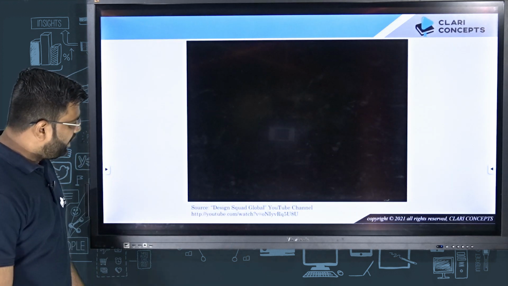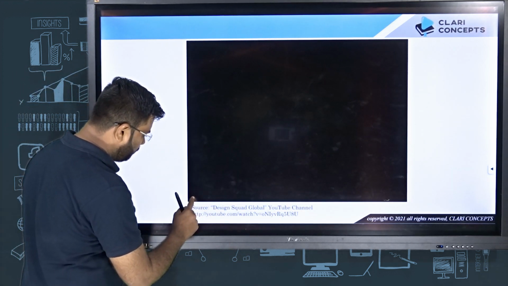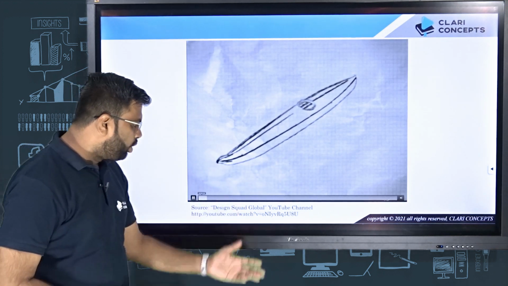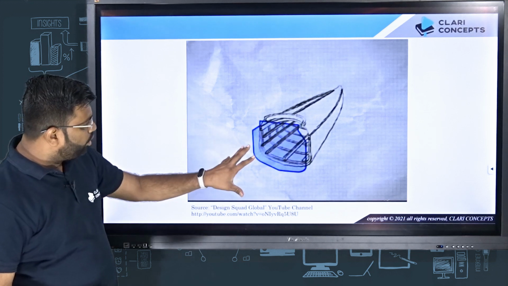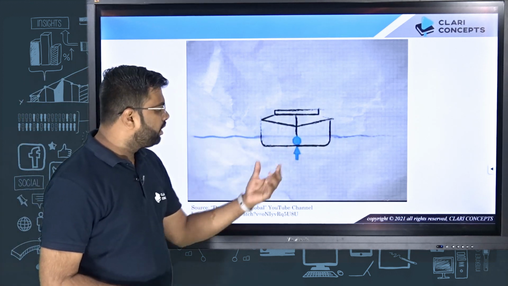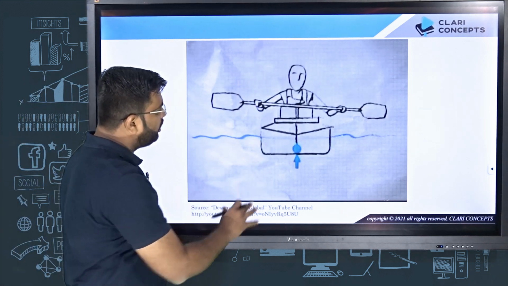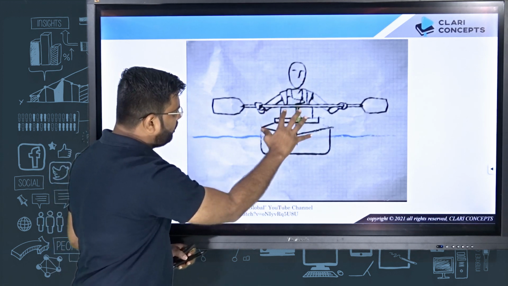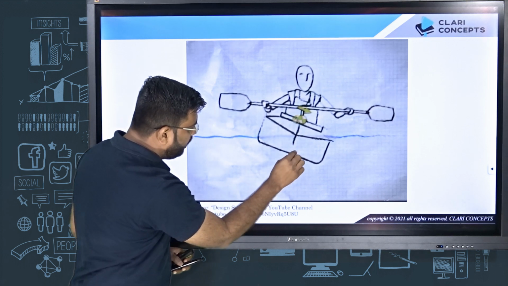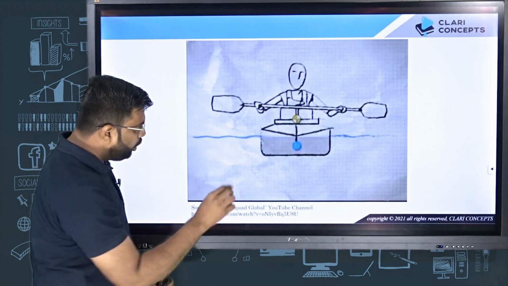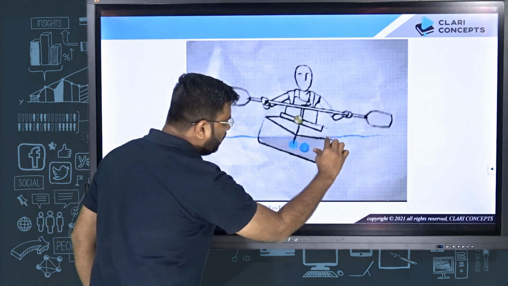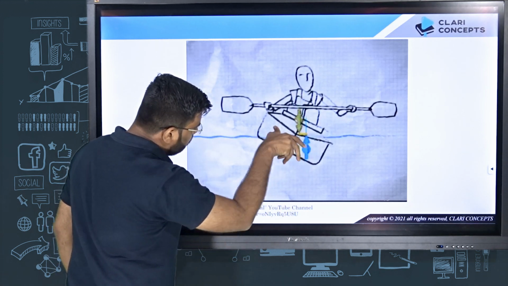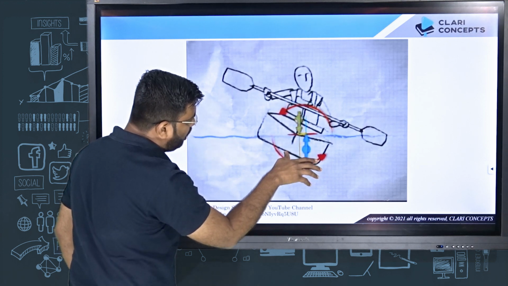So let us look at one very interesting video. I have got it for you. This is taken from the Design Squad Global YouTube channel, and they are showing the cross section of a ship, or rather a kayak, when a person sits on it. This is the water surface that you see. This is the center of gravity of the entire person plus ship, and the blue point is the center of buoyancy. If you look closely, blue is the centroid of the portion of the ship which is submerged in the water, right? So if there is a tilt because of some waves,